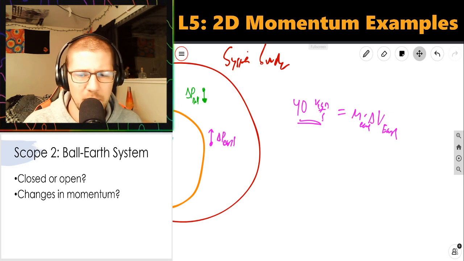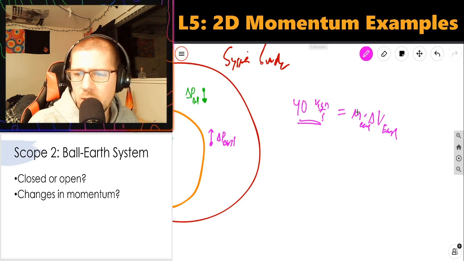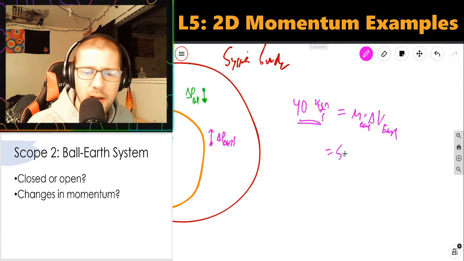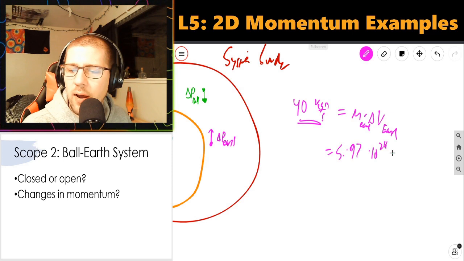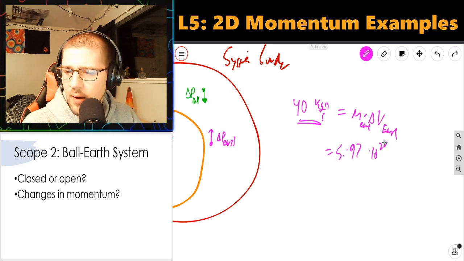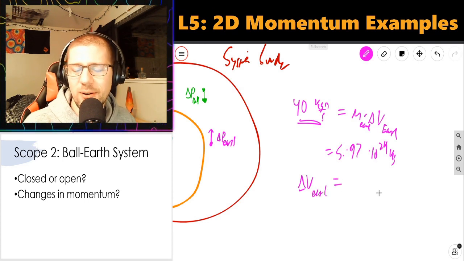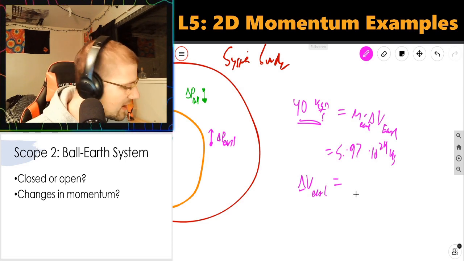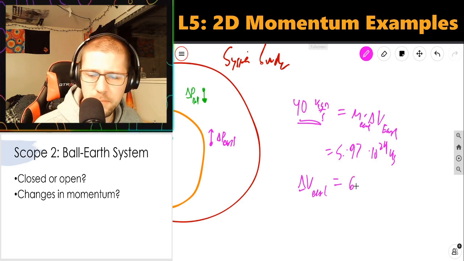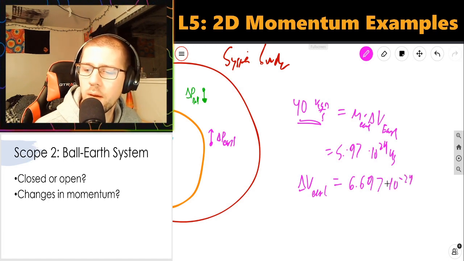So real quick, I'm going to look up the mass of the Earth. I'll be right back. Okay, so it turns out the mass of the Earth is 5.97 times 10 to the 24th kilograms, which means that the change in velocity of the Earth corresponding to this interaction with this 2 kilogram ball over 2 seconds is 6.697 times 10 to the negative 24th